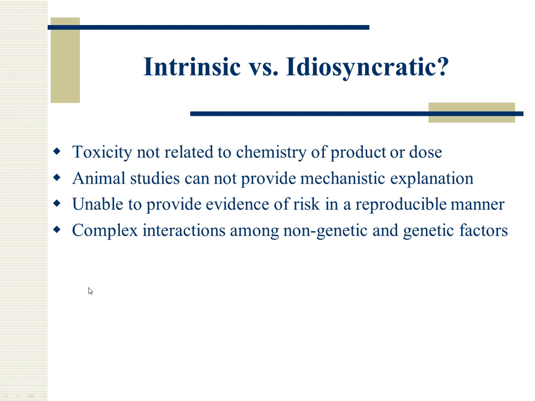And the idea of intrinsic versus idiosyncratic, intrinsic being that there is a chemical property to the phytochemicals in the plant that are responsible, or that you can see a dosing level associated with the toxicity. The toxicity can be recreated in animal studies to provide mechanistic explanations, and that it's reproducible. And generally, the idiosyncratic toxicities tend to be a complex interaction between both genetic and non-genetic factors, what we call confounding factors. And that'll come out and be a little bit more clear as we go through a discussion on